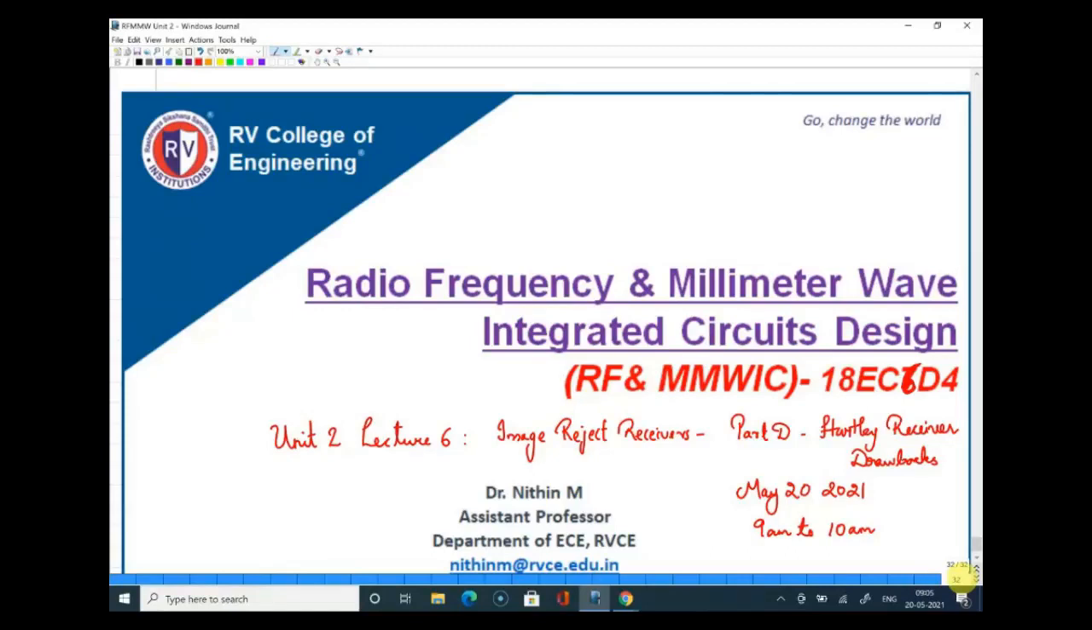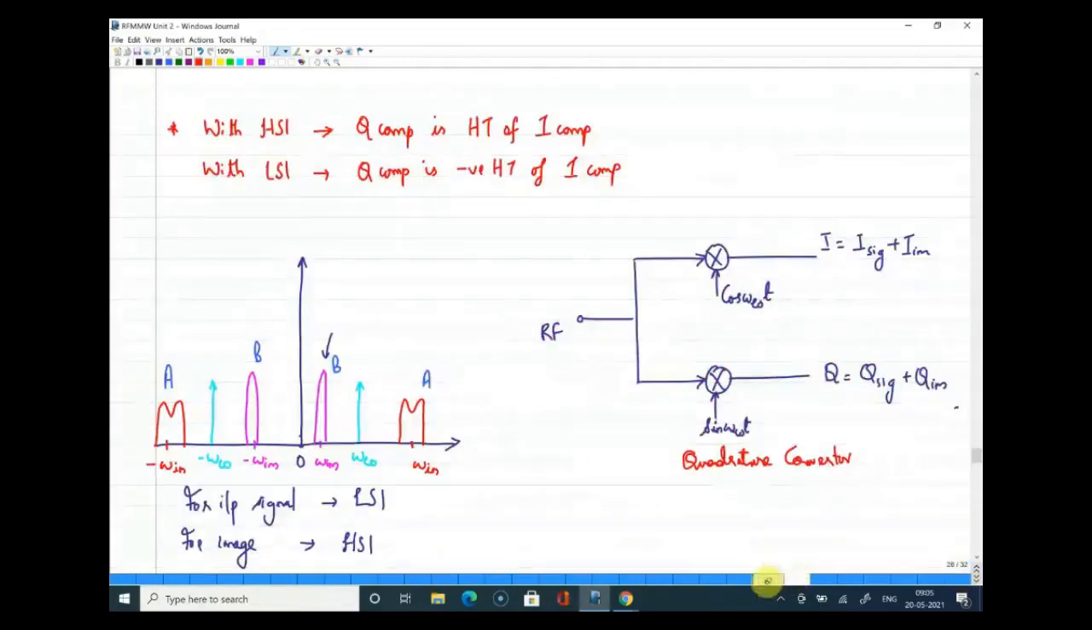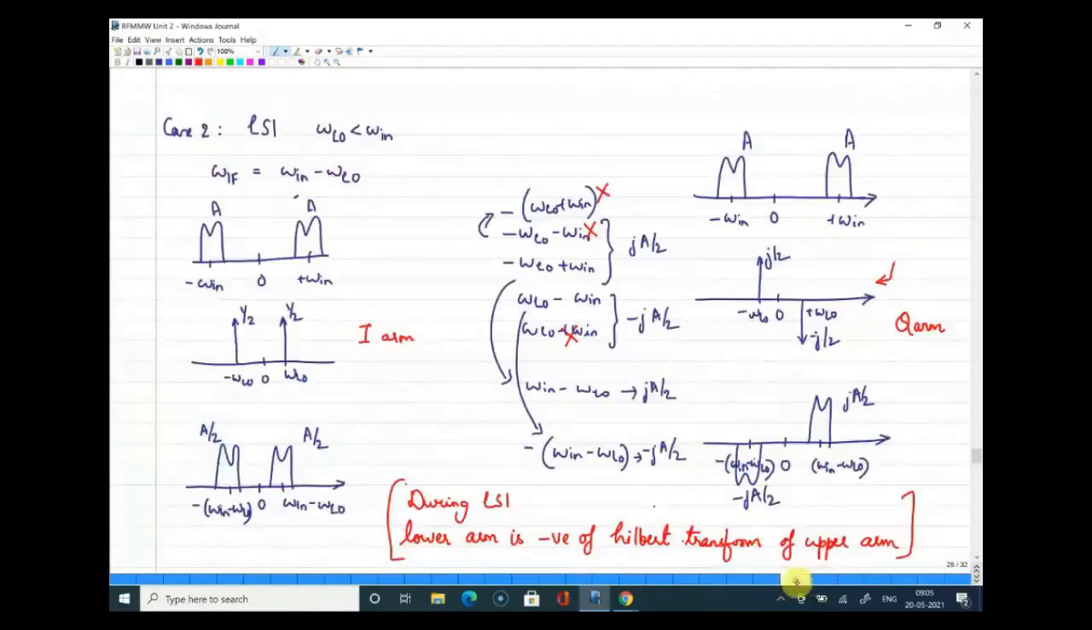Welcome to lecture number 6 of Unit 2 of RF and millimeter wave IC design. In today's class, we will look at the drawbacks of the architecture we saw yesterday, the Hartley receiver architecture. We'll see the drawbacks. Just to summarize and review what we have done the other day,